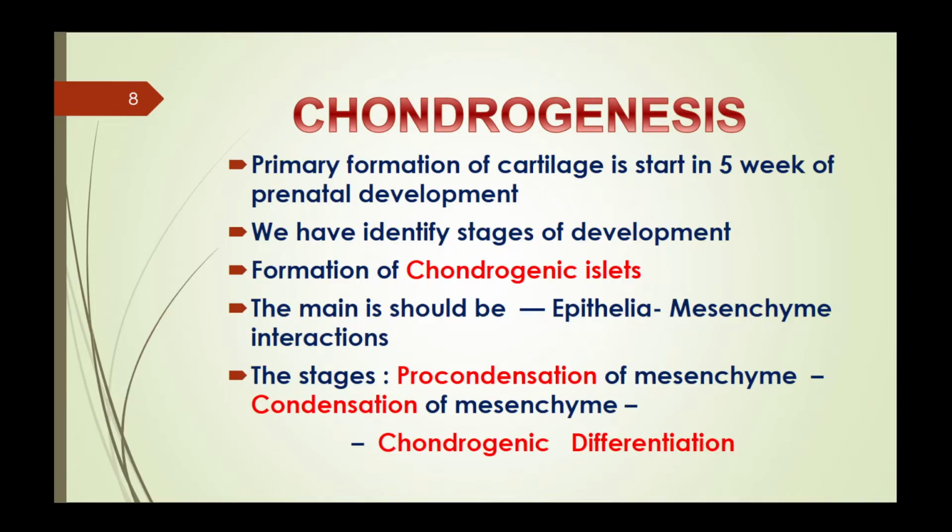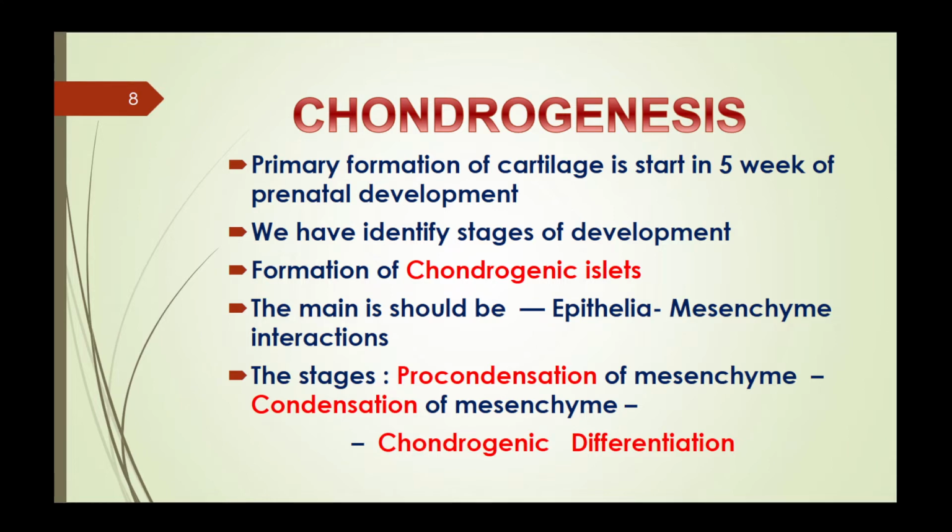What about chondrogenesis? We first discuss chondrogenesis, the formation of cartilage. Primary formation of cartilage starts in the 5th week of prenatal development. We have identified stages of development. Formation of chondrogenic islets is the key moment of the beginning of the formation. The key role should be played by epithelial-mesenchymal interactions, so interactions between the mesenchymal islets, primary aggregation, and epithelial lining of the surface